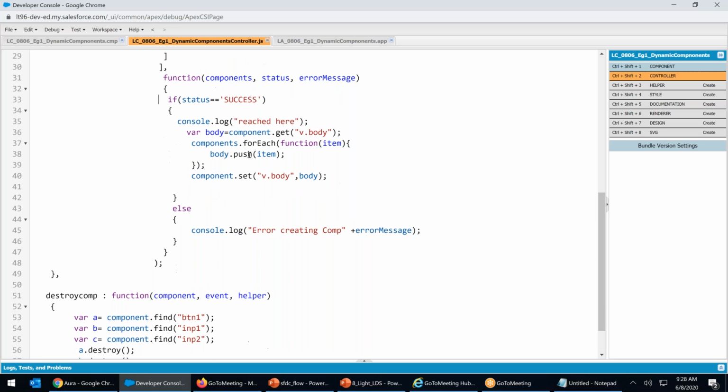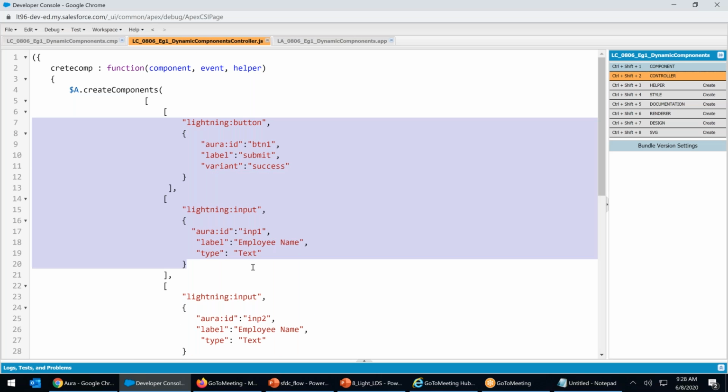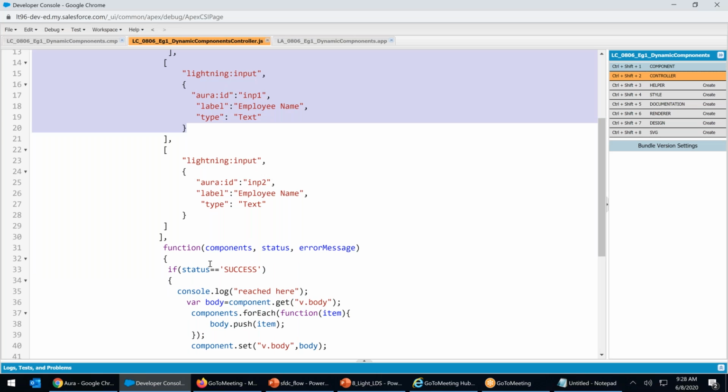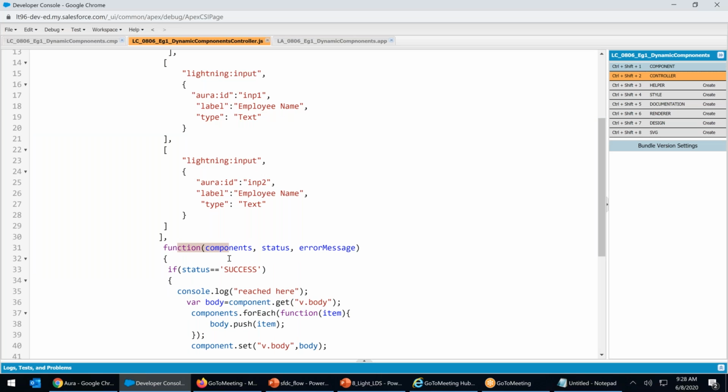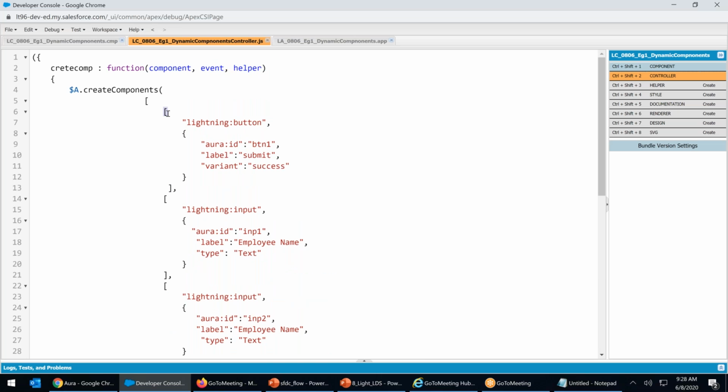See, I've shown you with a separate button, right? You can take this destroy button also as a part of this button. You can create one more button, take it. In that case, you will have the status, whether the component got created or not. Then you'll have a case called component got created or not. Able to understand what I'm saying? I have taken a destroy button separately. You will take a part of the button on the component itself, right? Okay, got it. In that case, the same function will work. Okay.